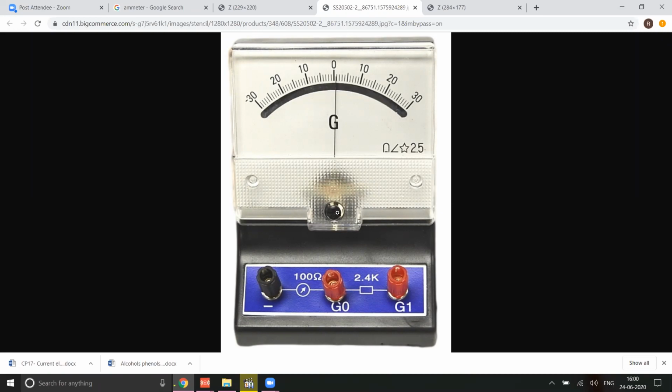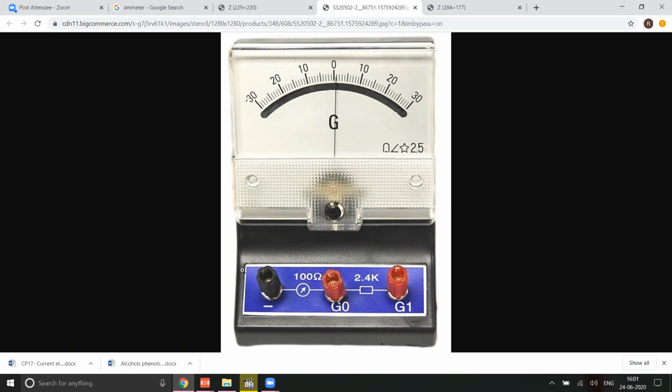For example, how can you check whether a galvanometer is working perfectly or not? Suppose you're doing the meter bridge experiment or Wheatstone bridge experiment where you have a galvanometer. You have this positive terminal and negative terminal, no? So what you can simply do is take the positive terminal and negative terminal and connect them across the ends of a battery. Let us assume that the galvanometer's deflection is showing to the right, meaning it is producing a clockwise rotation. Then if you reverse the polarities, that is, connect the positive and negative of the galvanometer the other way across the battery, the deflection has to go in the opposite direction.